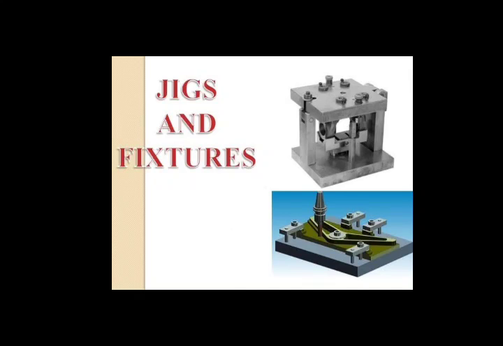Then sixth is counter sinking. It is the operation of beveling one end of an existing hole so that it can accommodate a flat head screw, and it is performed with a counter sinking tool. Then reverse counter sinking. This operation is performed by a reverse counter sinking tool to produce beveling at the bottom end of the workpieces. And last, the eighth, is reverse spot facing. It is performed with the reverse spot face tool, which produces a flat machined surface around the hole. So these are the operations a drill jig can perform.